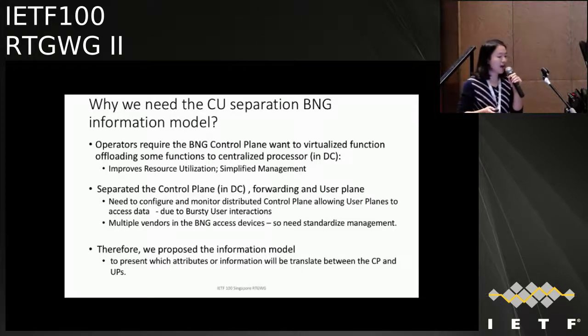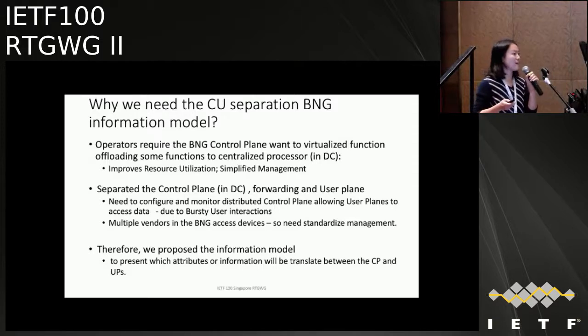We think that the BNG device can be virtualized, such that some functions can be offloaded to a centralized processor, which can be deployed in a reconstructed data center. Considering the BNG device, there are many functional modules in the device, such as the information management module and the routing and forwarding modules.